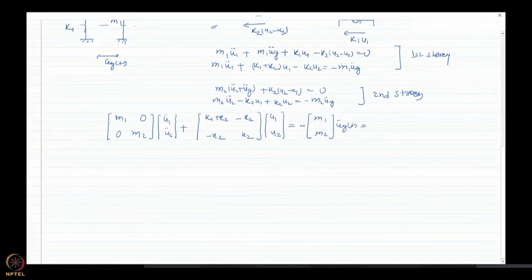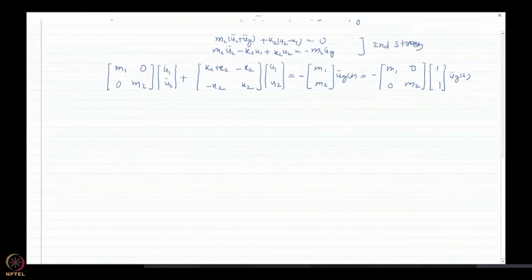But we can further write this in terms of the mass matrix m1 0 0 m2, and then another vector which is called an influence vector, 1 1, and then ugt. You will see that it is the same quantity. So my final equation of motion is m1 0 0 m2 times u1 u2 double dot, plus k1 plus k2 minus k2